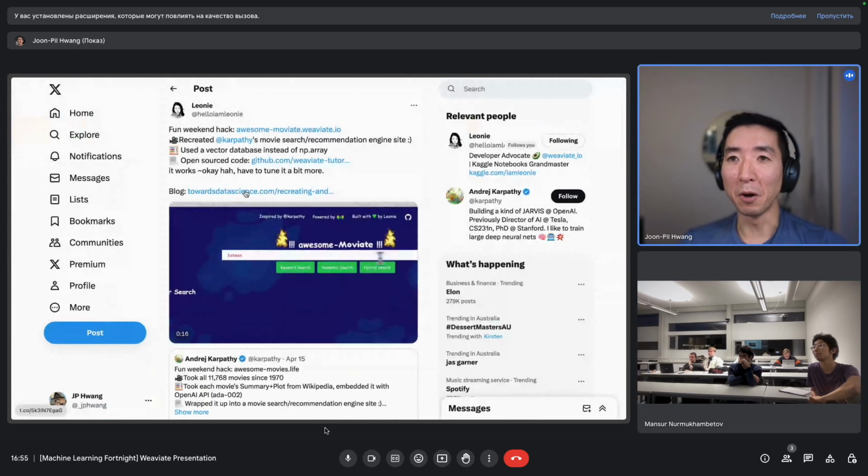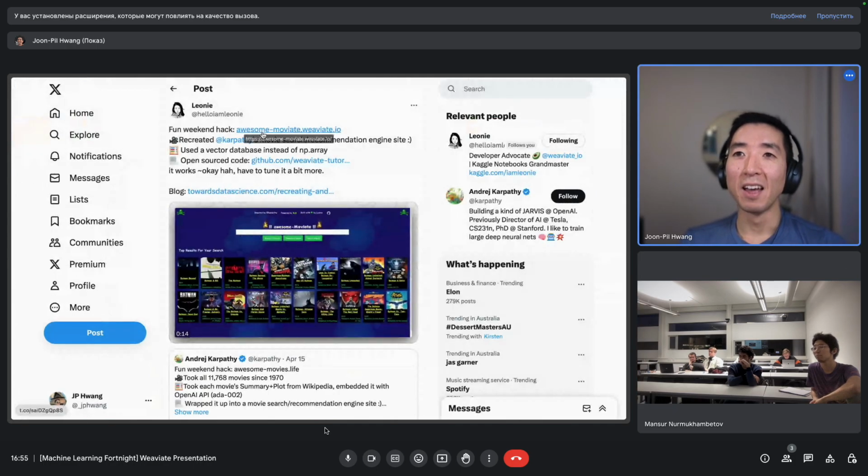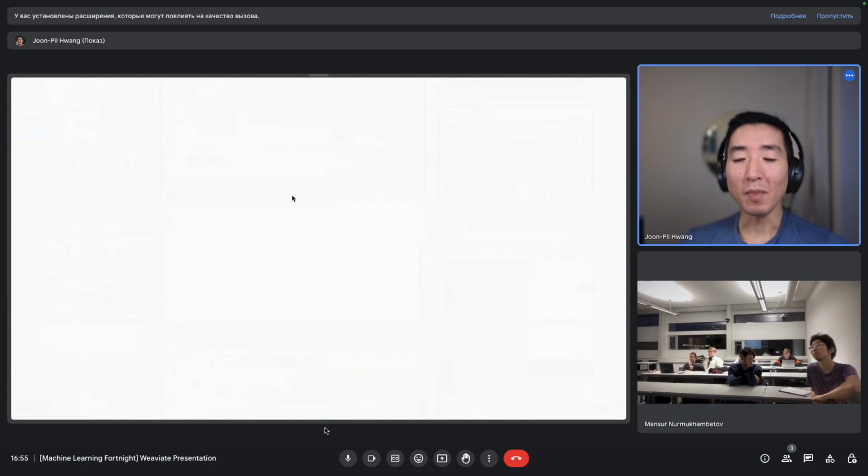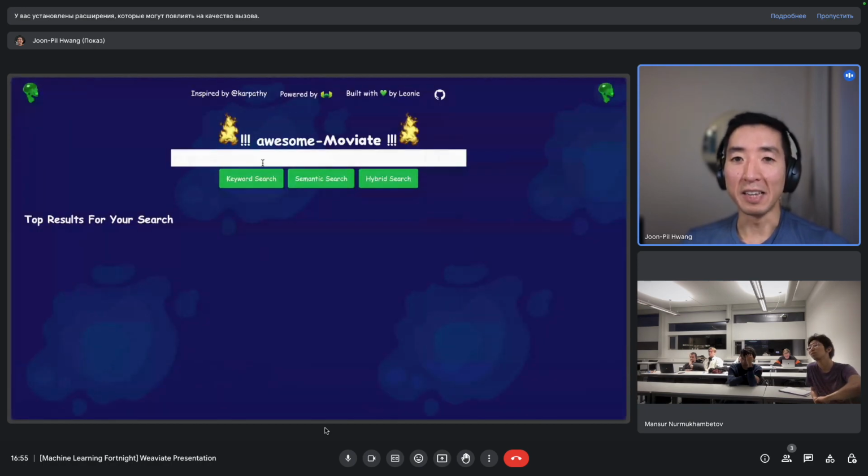So this is a post from my colleague Leonie, and what she put together here is a recommender system that uses RAG. Let's say I'm a huge geek, so I love superhero movies.